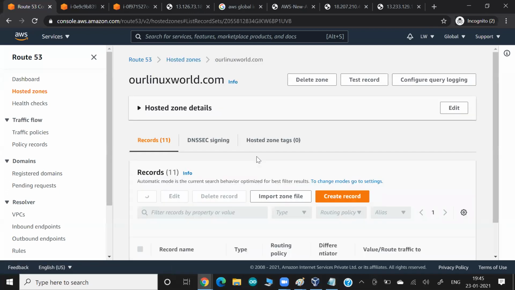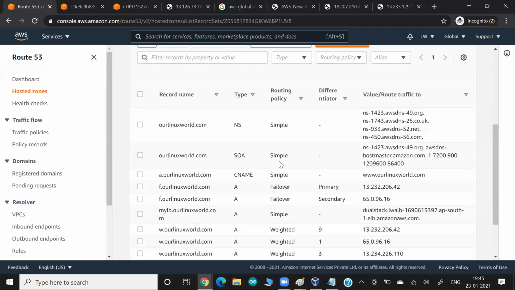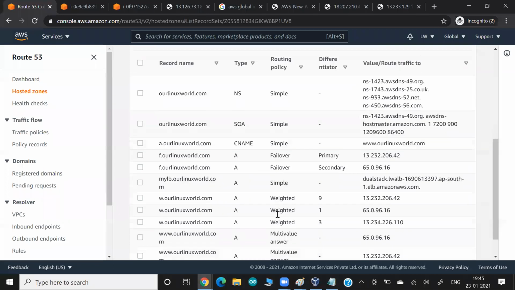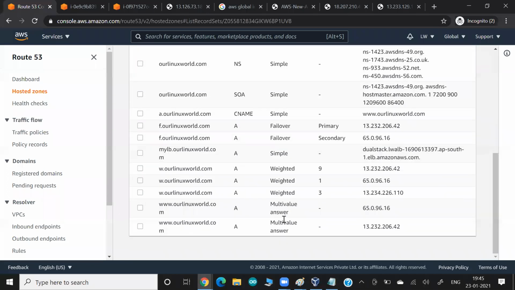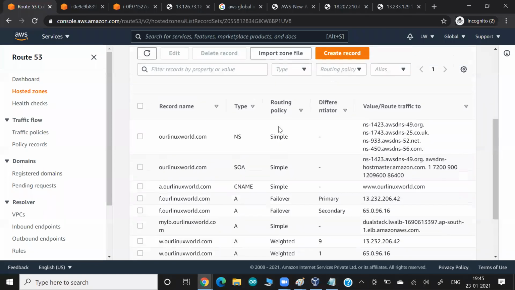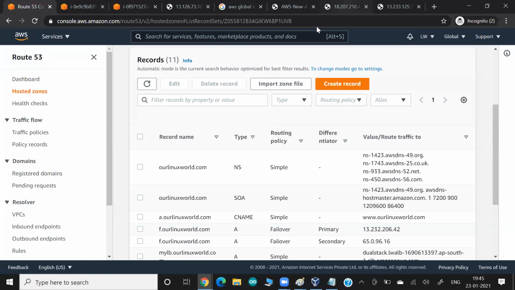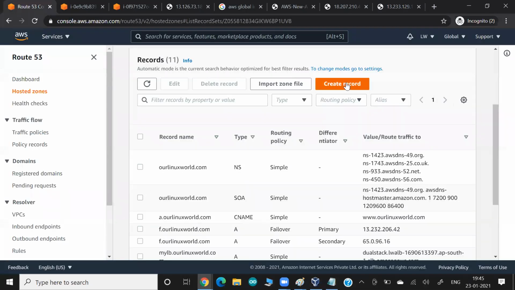But in the records, we used multiple different routing policies: failover, weighted, simple, multi-value, and all. I explained every policy in very detail with all the practicals. But today my plan is I have two IP addresses, this one and this one, and I would like to give my client, not the IP address, but some name. Or let's say I would like to give my client a name. So I'm going to create a record,